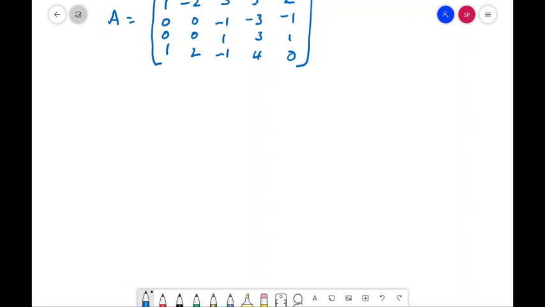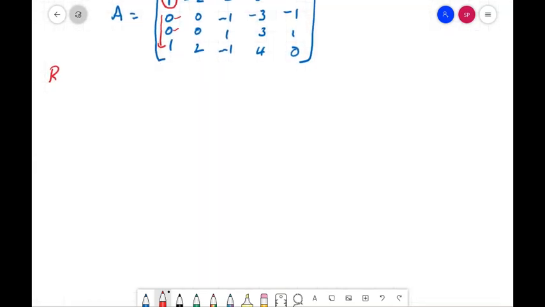Reducing A to echelon form. First let me mark the pivot position. The first row, first column entry 1 is the pivot position. Using this we have to make these three entries zeros. Already this is 0 and this is 0. The last one I have to make 0, so for R4 I will apply R4 minus R1. Then this matrix is transformed to